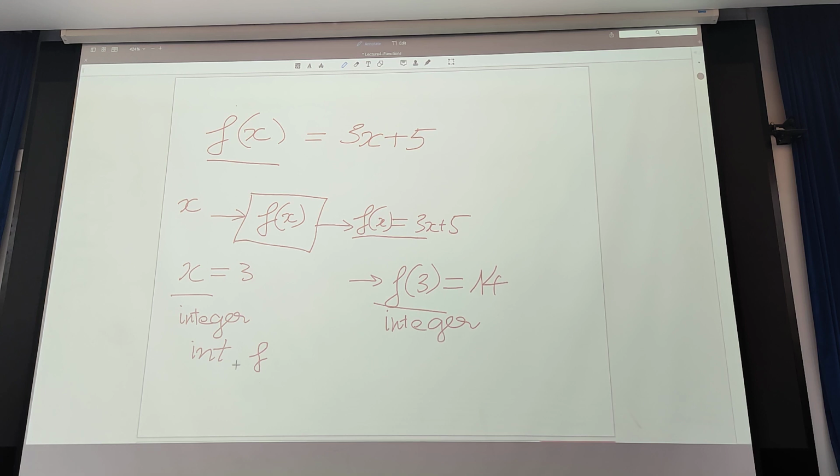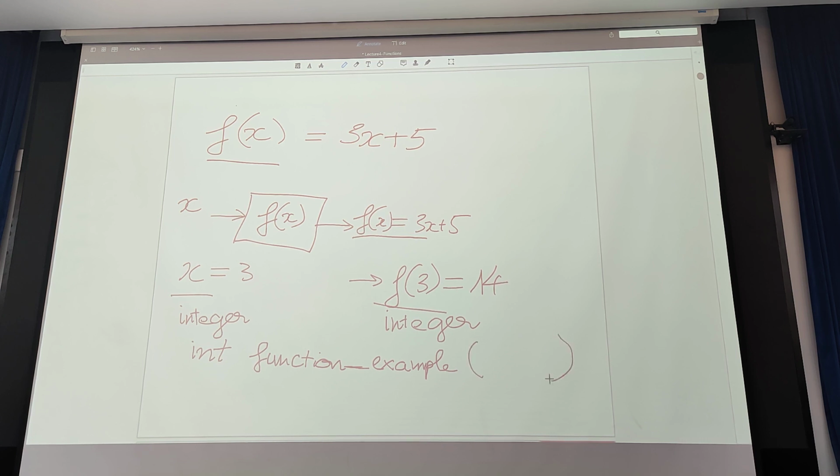Let's say I call this function example. This is the name of the function.